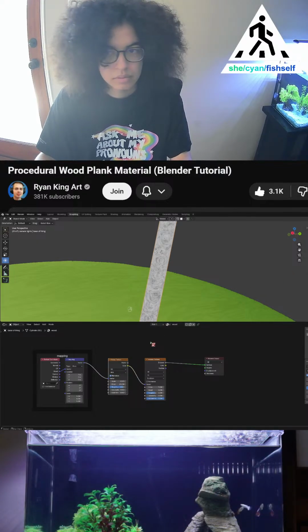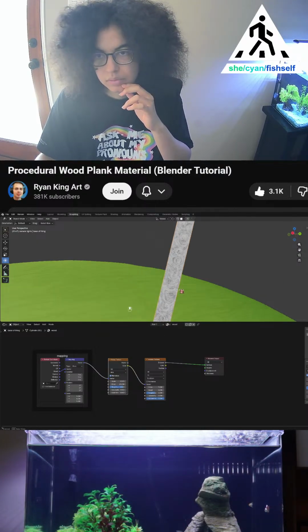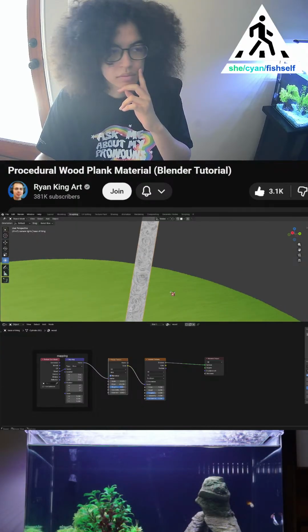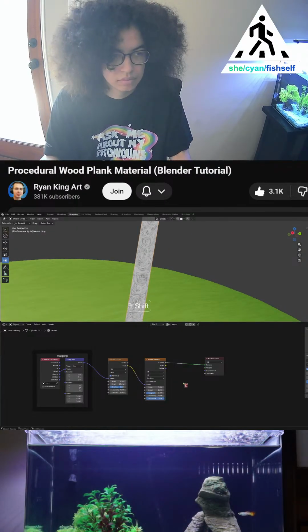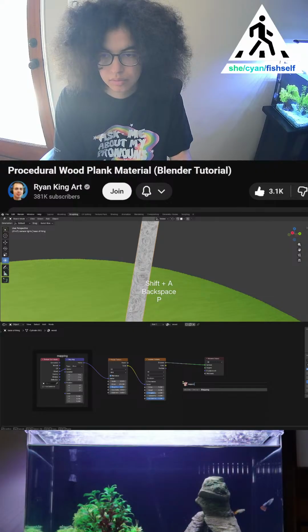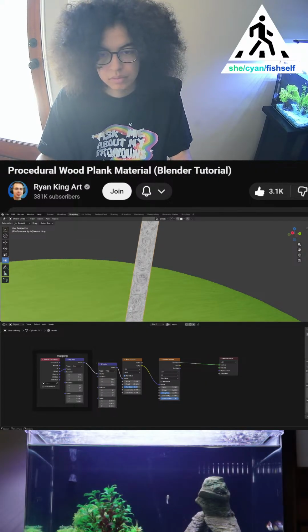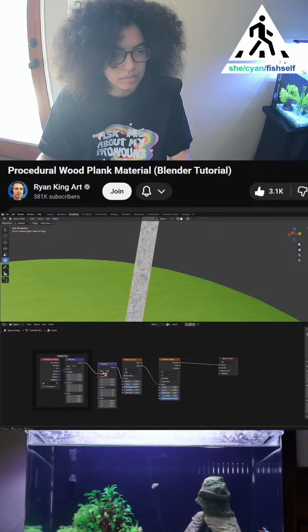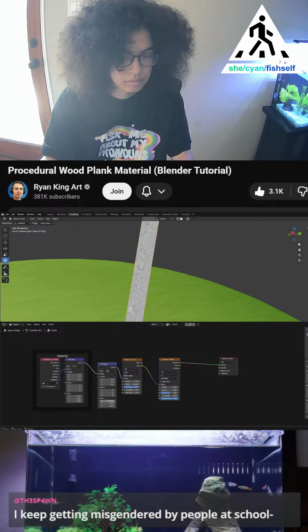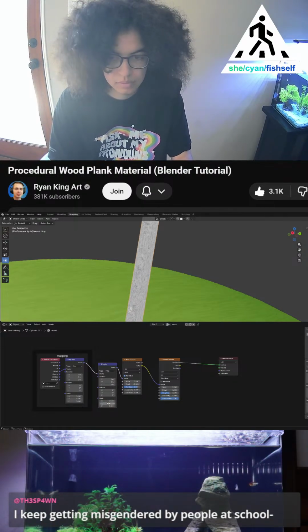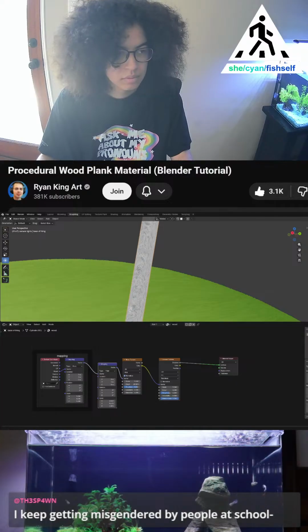Now I want to stretch out the wood texture to make it actually look more like wood. So I'm going to go to the add menu and I'm going to search for another mapping node. And we'll put this mapping node after the first one. So now this mapping node, because it's going into the vector, it's going to change the placement of the textures. So we can, for instance, rotate or move or scale the textures. So I'm going to scale the texture to kind of stretch it out to make it look like wood. So on the scale X here, I'm going to turn this to a 5.5. And on the Y here, I'm going to turn this to a 0.45. And then I'll leave the Z at 1. So you can now see it looks like the texture is